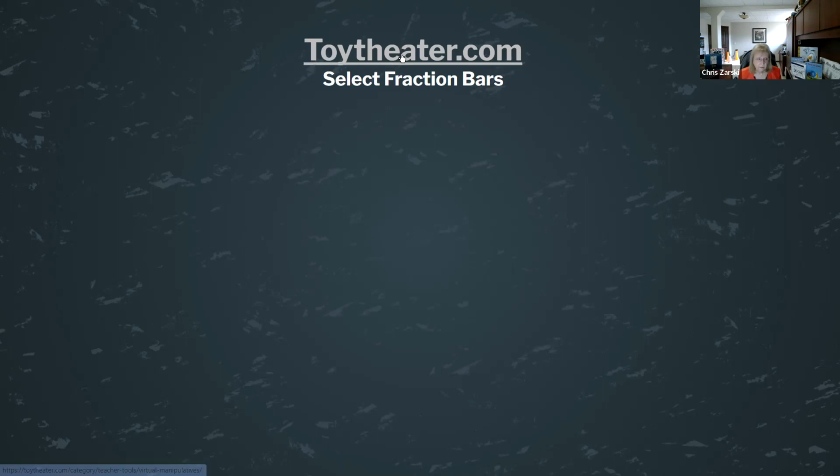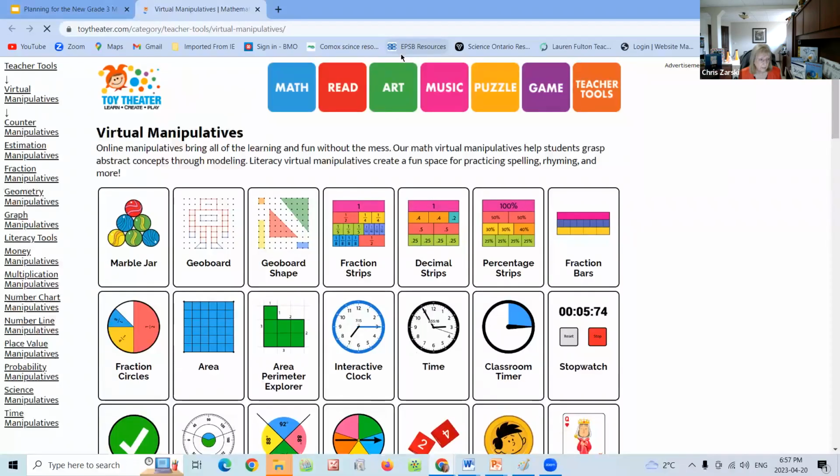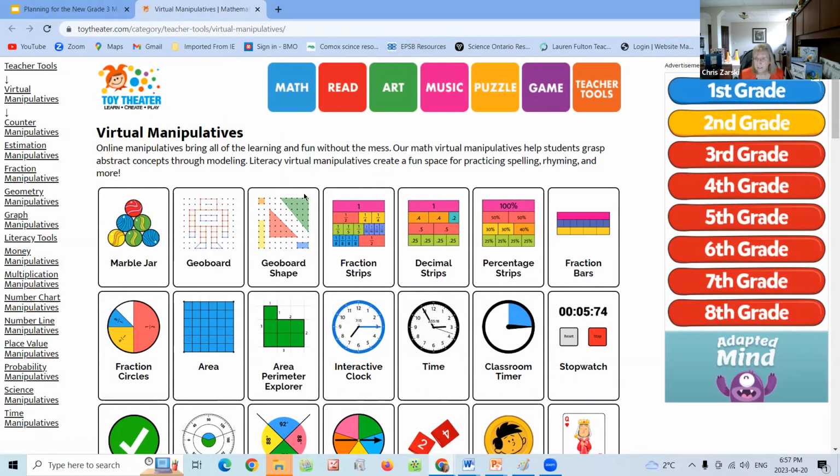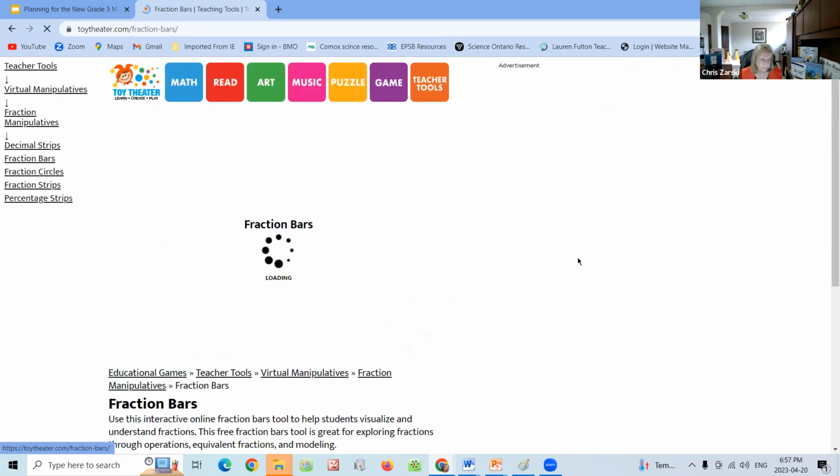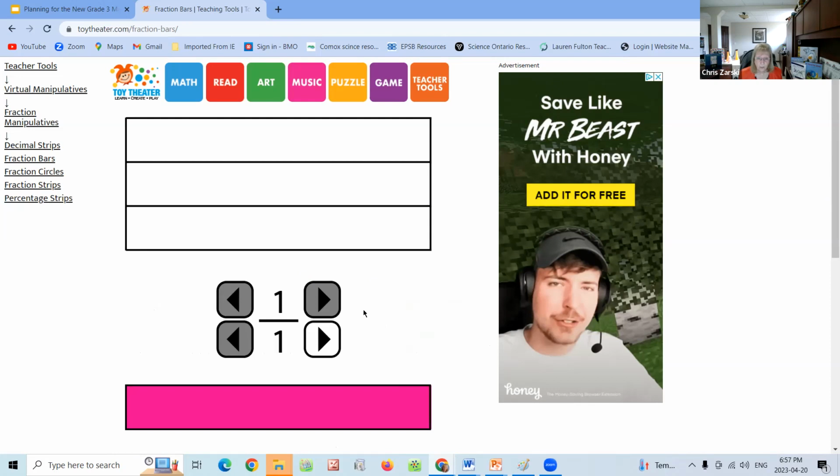If you go to Toy Theater, and I will go there just to show it to you. So Toy Theater it's a site that has lots of different things on it, but there's some of them I'm not finding are necessarily as good as the other ones that we've been using. But here you have fraction bars, and they're excellent. The fraction bar says this is the whole. So I've got 3 wholes here that I can compare. So again, if I ask a student, which is larger, 1/5, 1/4, or 1/3? Now, if I understood the paper folding, I understand what we filled in the blank. That's a no-brainer. I'm going to be able to answer it for you.